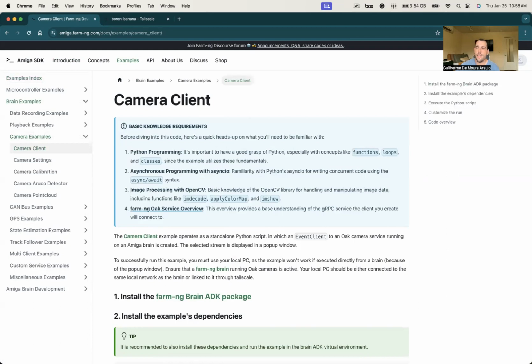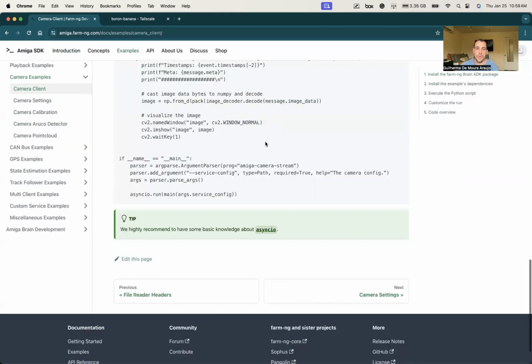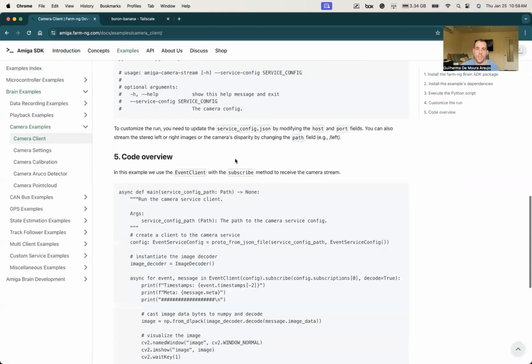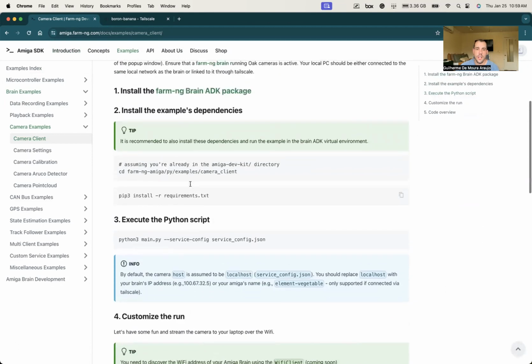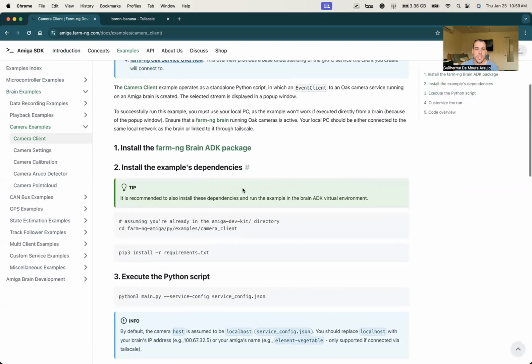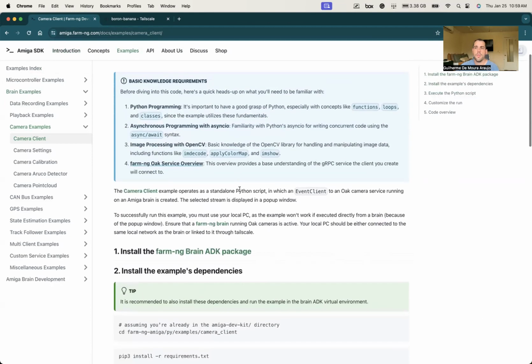So here we have basic knowledge requirements. I really recommend you guys go over the entire page. It has a lot of useful information. It's telling you how to customize your run. It's telling you the requirements you need. And one important thing from this example is that